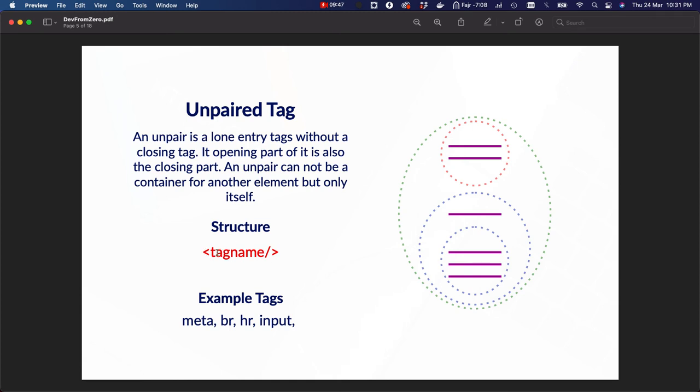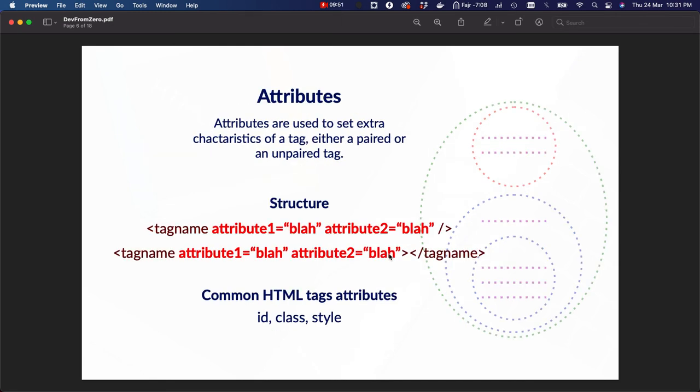It is just one side, and you have to just take it like that. Yeah. And after that, we'll also talk about attributes. Attributes, for instance,